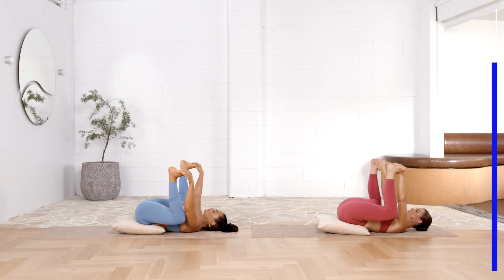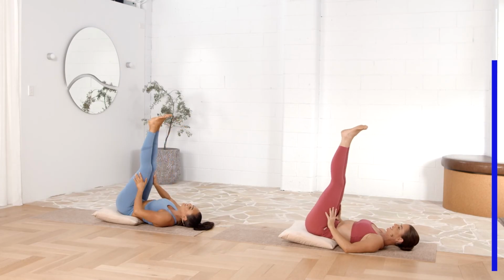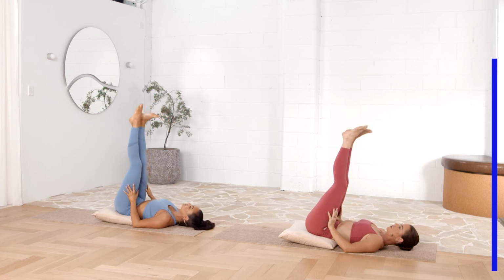Let's take one more deep breath here, and a long breath out. Very good, my friends. And this time, we'll lift the legs up to the sky. Oh, they feel sore. Yes. And what we're going to do here is dynamic ankles. So we point and flex our feet, alternating. And as we continue to point and flex,